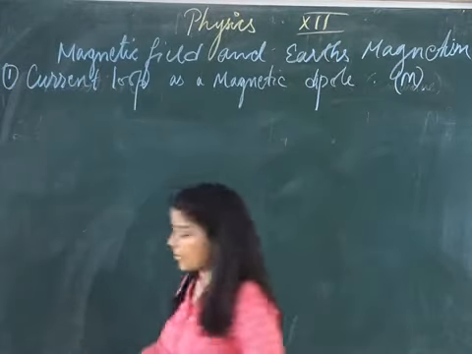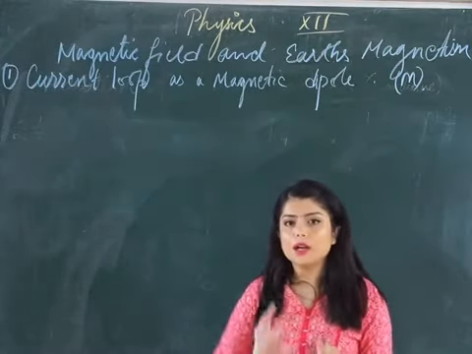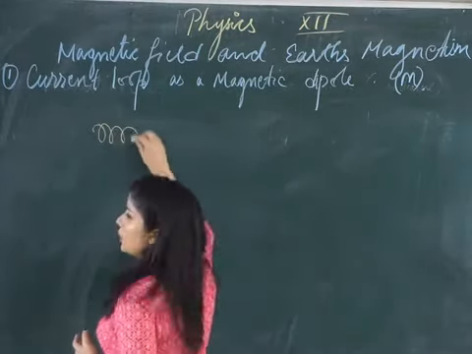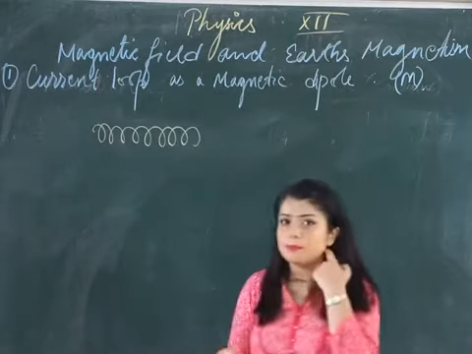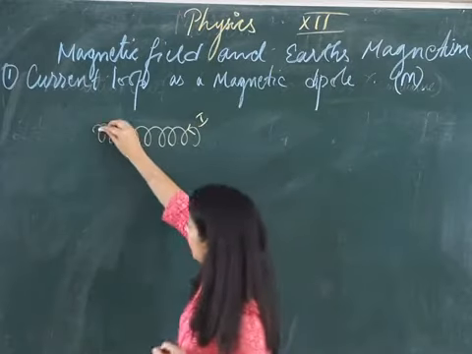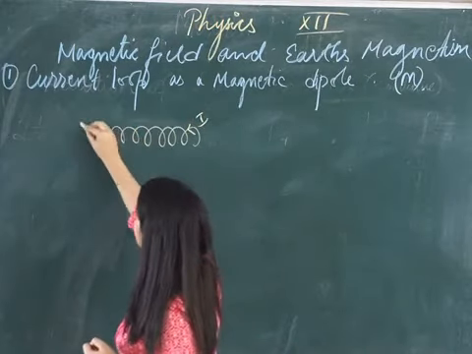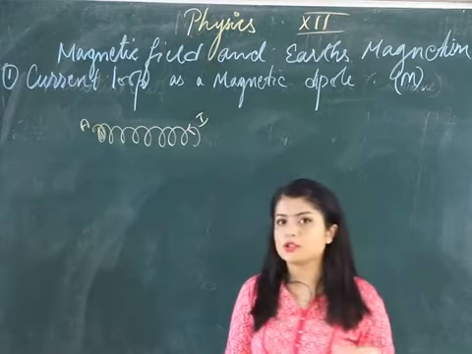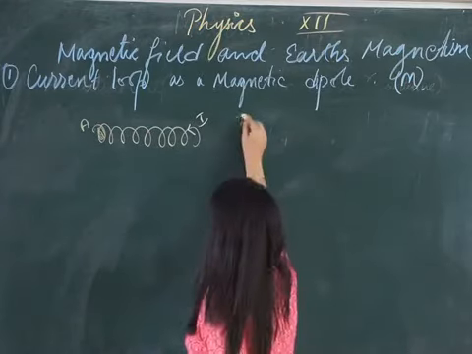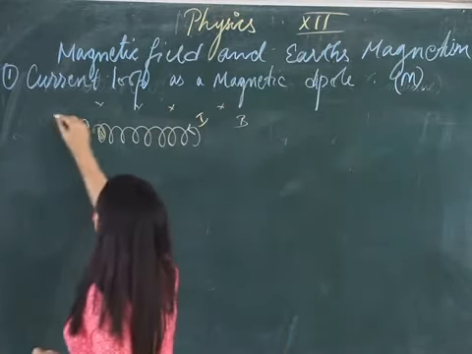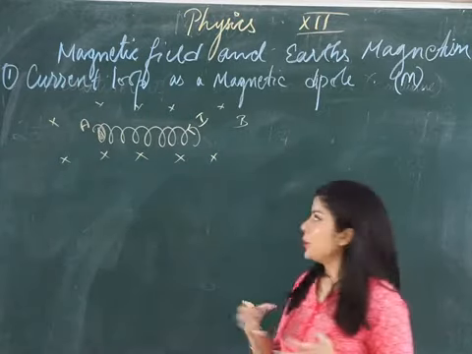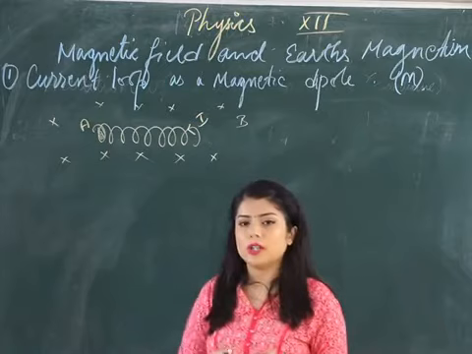Now over here, suppose this kind of a solenoid is placed, and the current flowing is I, and the area of this solenoid is A. Suppose this solenoid is kept in a uniform magnetic field, that is B. Then what happens? There will be a force which acts on this solenoid.